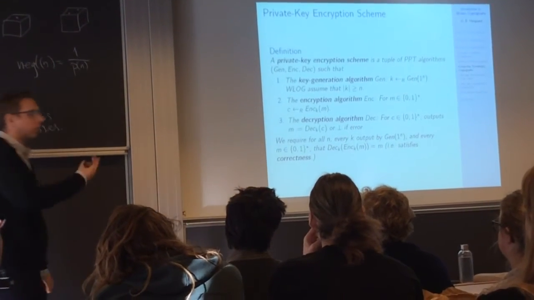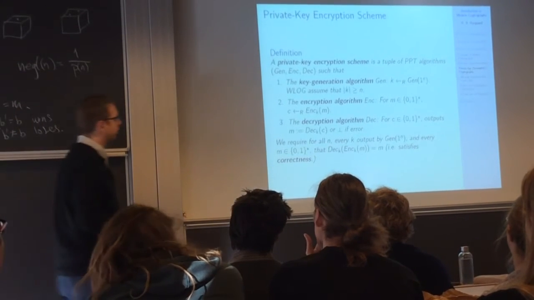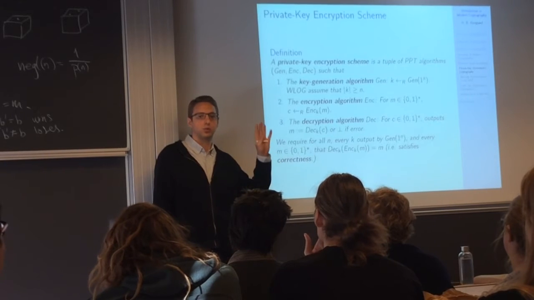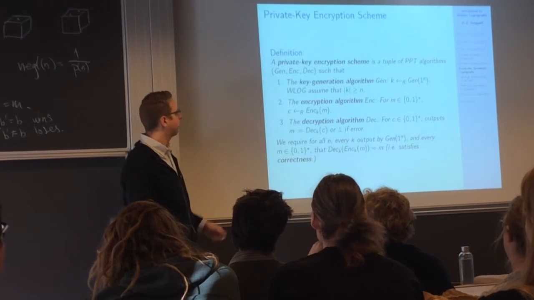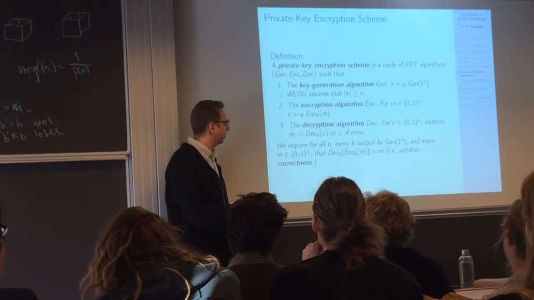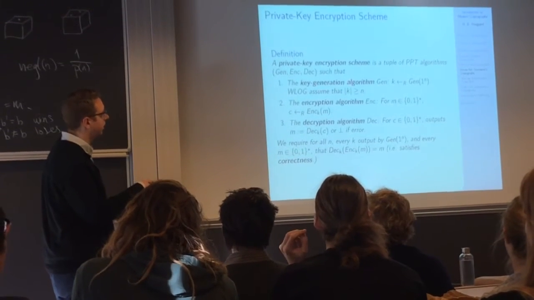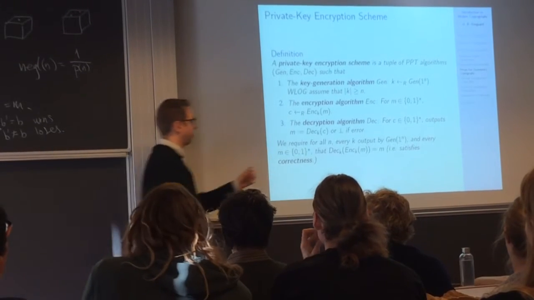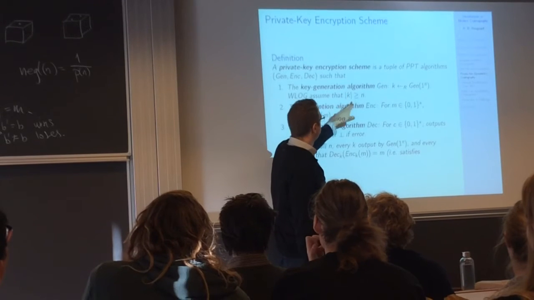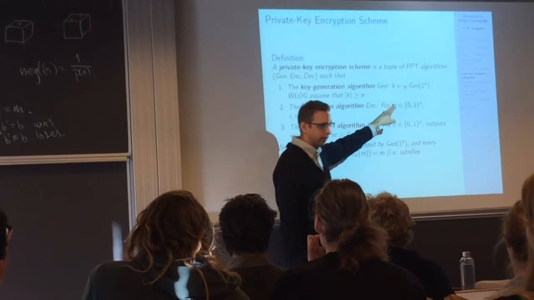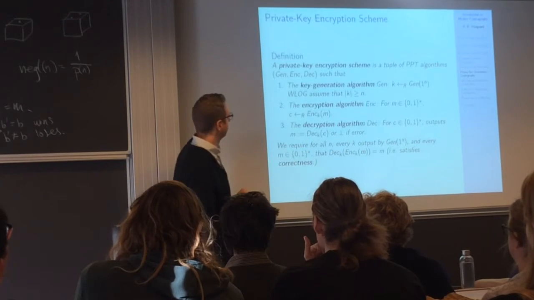So, what about private key encryption schemes? This is analogous to what we had before, but those were perfectly secret. Here we have private key. We need to relax some of the things, but it's more or less the same thing. We're still going to need a key generation algorithm, which is random. Again, we're still going to have that k is larger than n, where n is some security parameter. Not going to get into that.